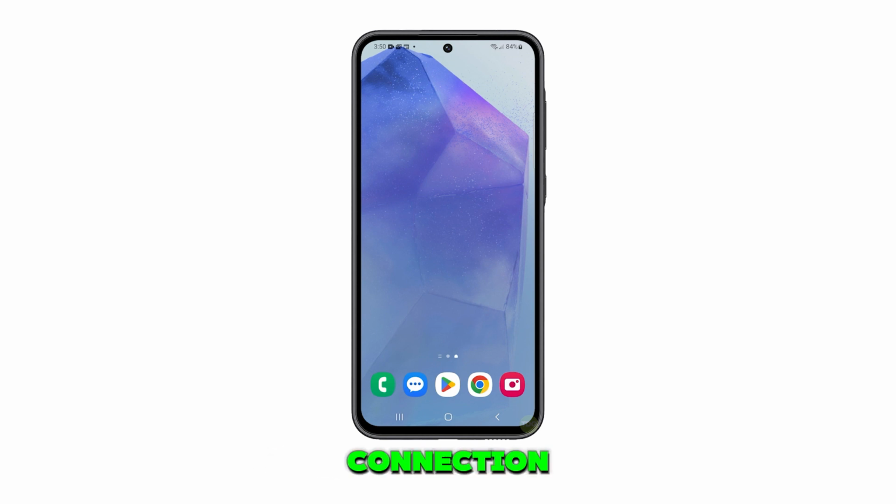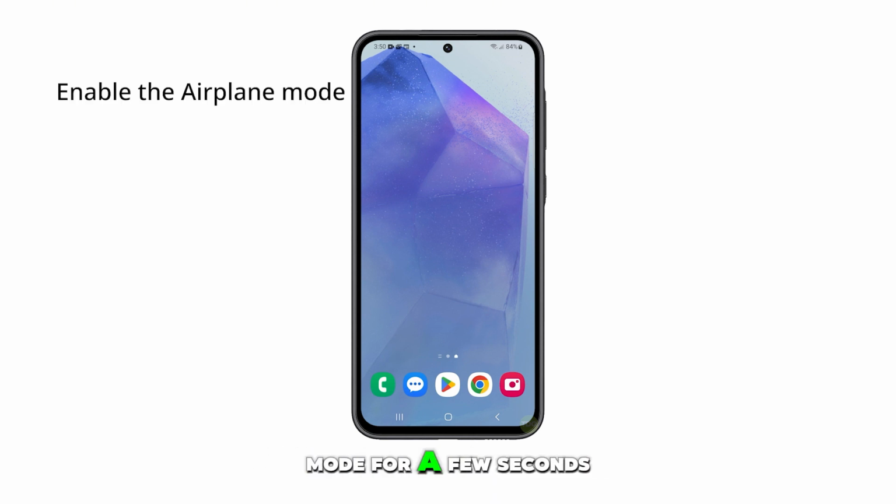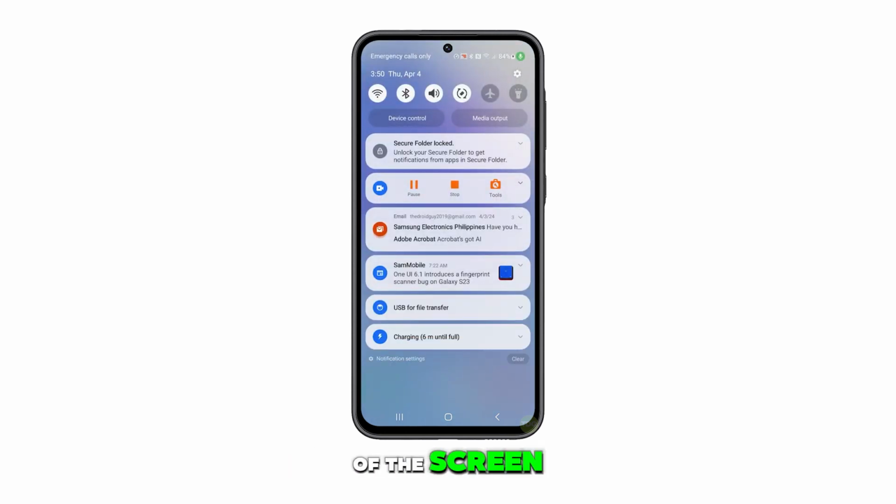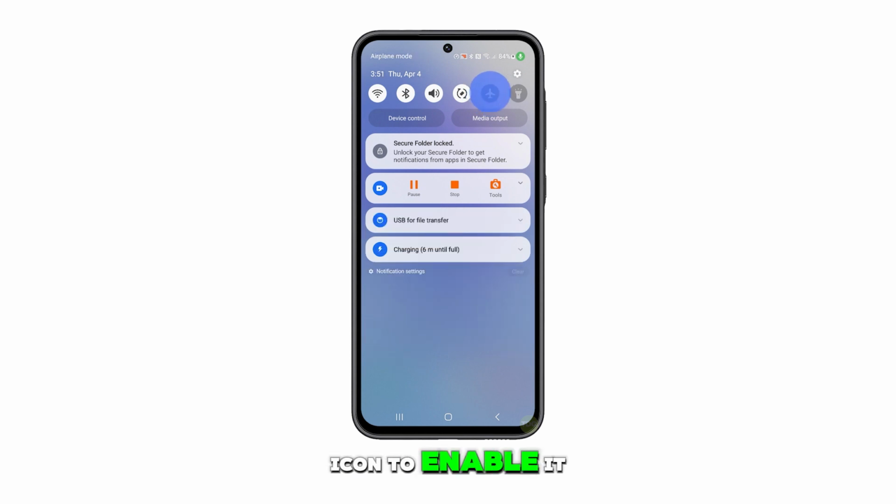Another way to refresh the connection is to enable the airplane mode for a few seconds and then disable it. To do this, swipe down from the top of the screen and then tap the airplane icon to enable it. After a few seconds, tap on it again to disable it. Wait for your phone to reconnect to the Wi-Fi or mobile data network and then check to see if the